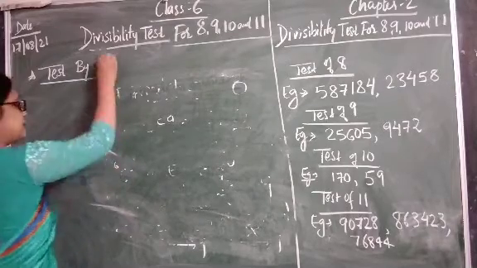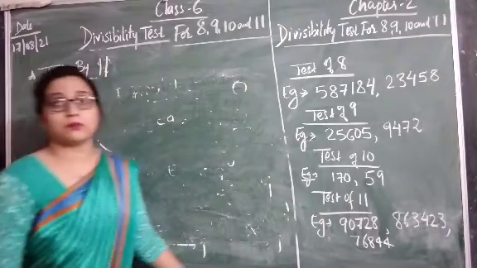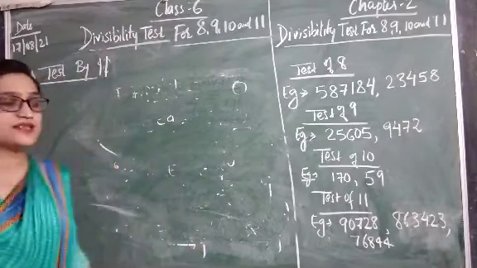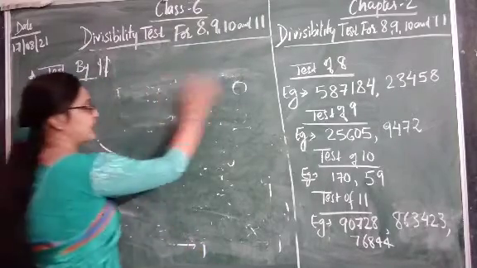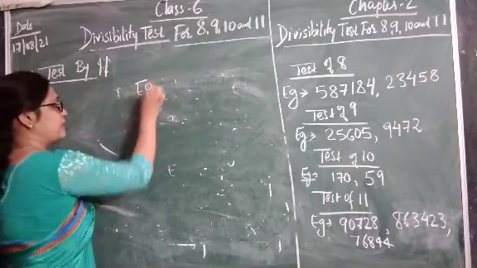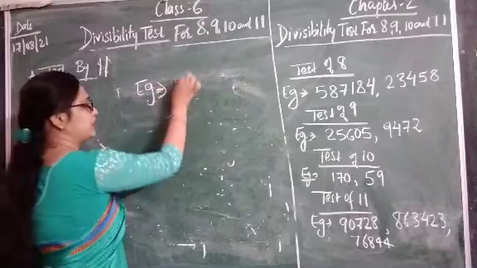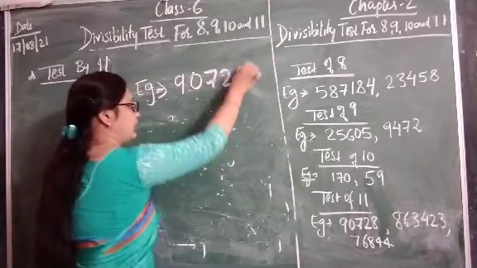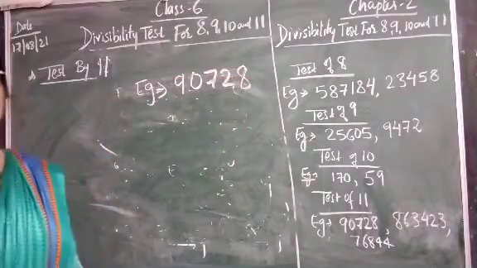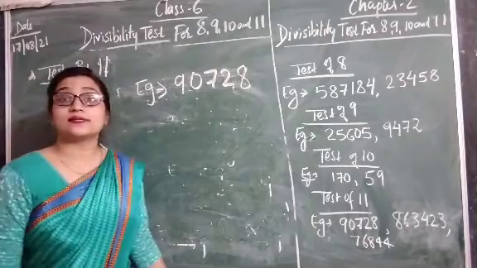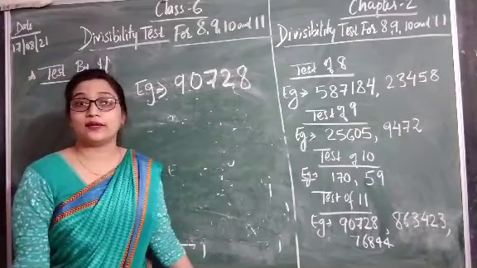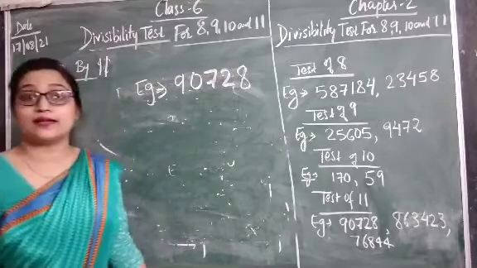Yes, in the test of 11, you should remember some more points. With the help of examples, we are going to understand the test of 11. The first example is 90728. First you have to find the sum of the digits at its odd and even places,